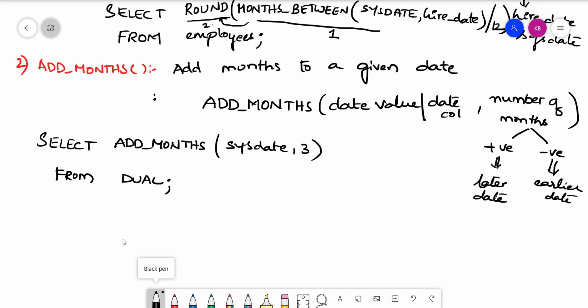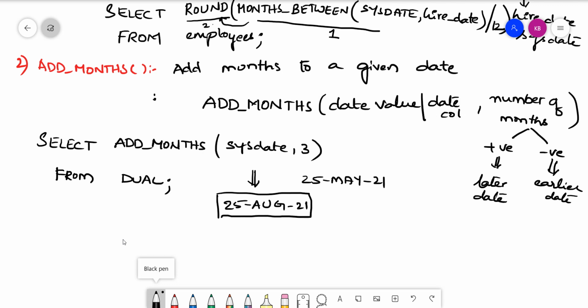As we are providing a positive number, what will be our result? Today's date is 25 May 21. What is the date after 3 months? June, July, August, right? So it will result in 25th August 21. Did you understand that? Yes.